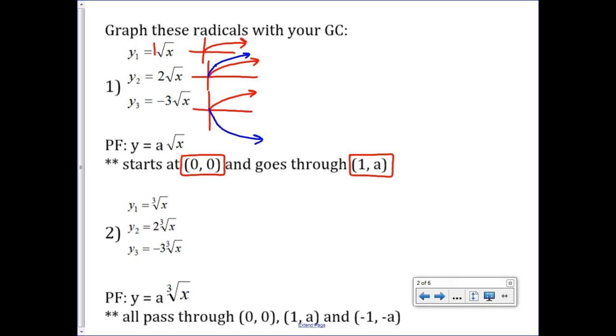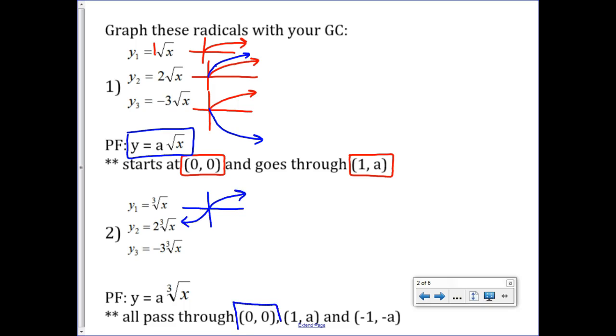So it's going the opposite direction since we have that negative. Here's your parent function, a times the square root of x. What you should notice is something similar is happening with these cube roots, except we're going through